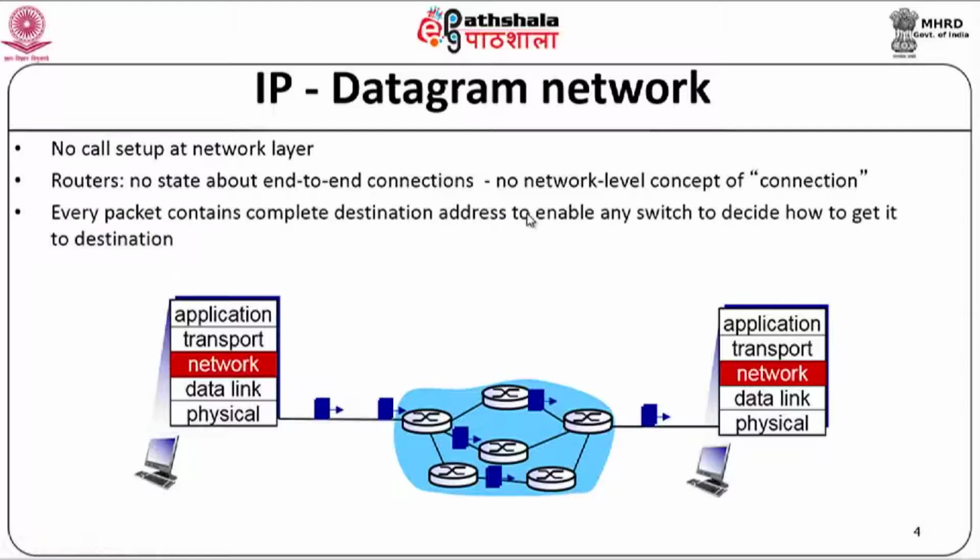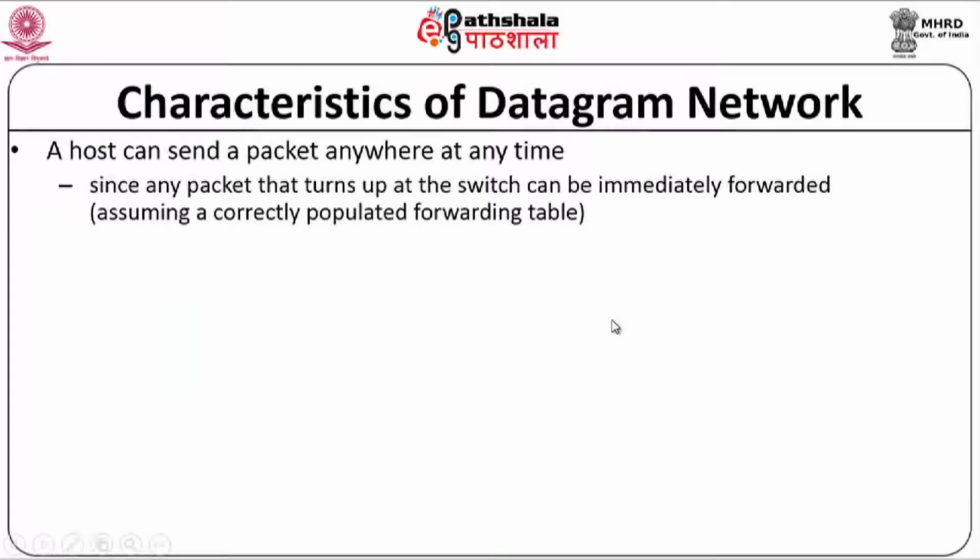Every packet therefore carries complete information, that is the full destination address, so that it can be forwarded from the source to the destination through the various routers. At one end we send datagrams, the network is responsible for sending them to the destination, and all the destination has to do is receive the datagrams at the network layer. This is what is expected. The characteristics of a datagram network are something that we know, and we need to understand them to see what kind of service IP actually provides for us.